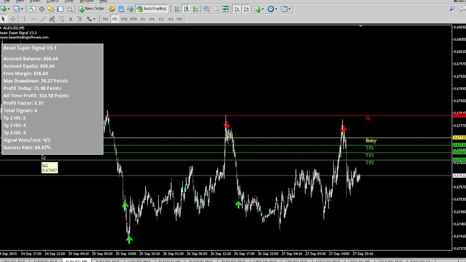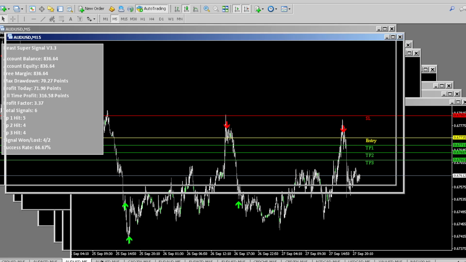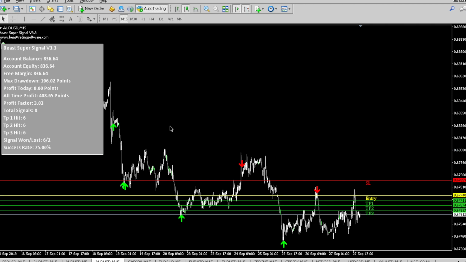So you can still make a good profit even though the success rate is not that high. This all comes down to money management at the end of the day, but overall our indicator is 70% accurate. Okay, moving on. The next chart we're looking at is still on the Australian dollar and US dollar, but here we've